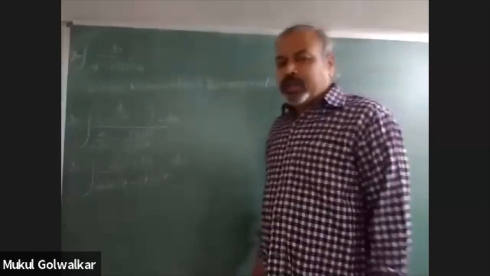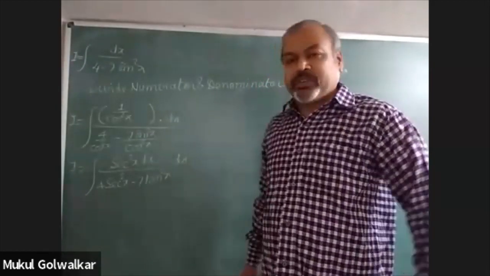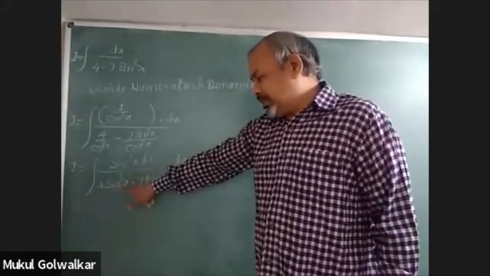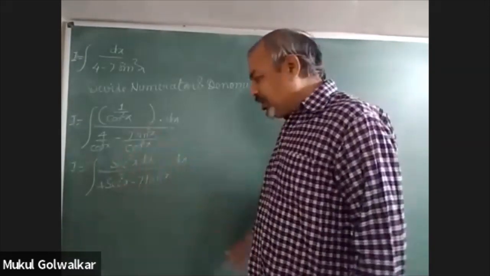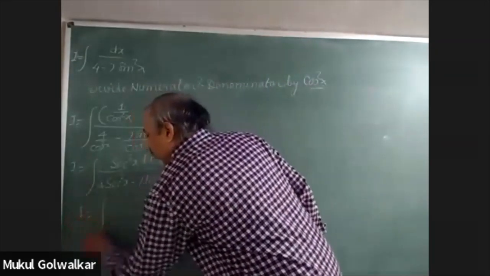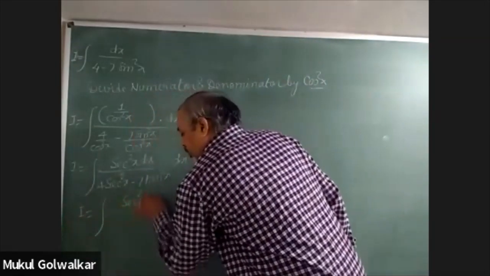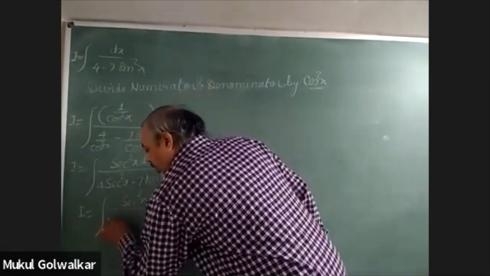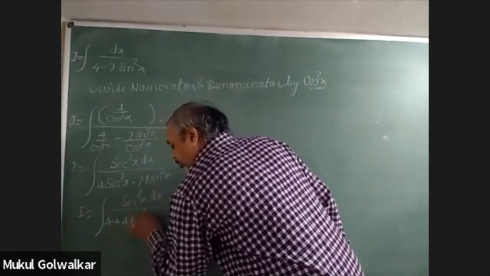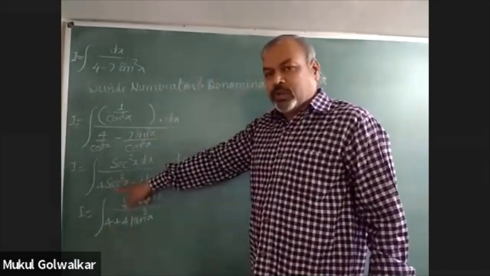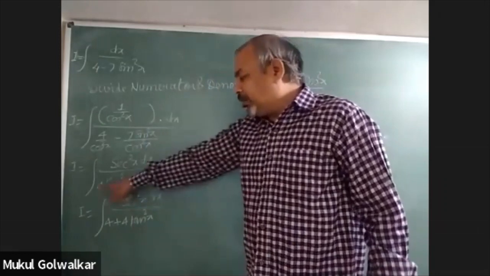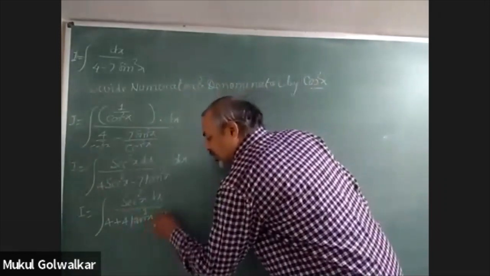Can you apply your logic a little bit and tell me how to solve this question further? Denominator we will convert sec into tan, and then we will substitute tan x as t. Perfectly all right. So this sec square x we are converting in the form of tan square x. So here we write this in the form of sec square x dx divided by 4 plus 4 tan square x minus 7 tan square x. That means this sec square x was written in the form of 1 plus tan square x and multiplied by 4, that gives you this term minus 7 tan square x.